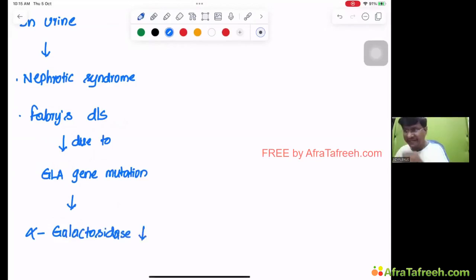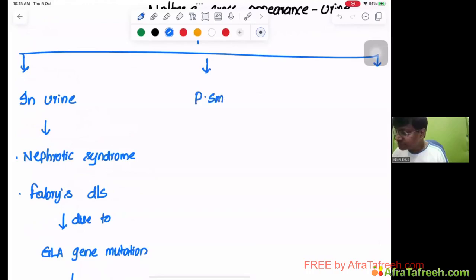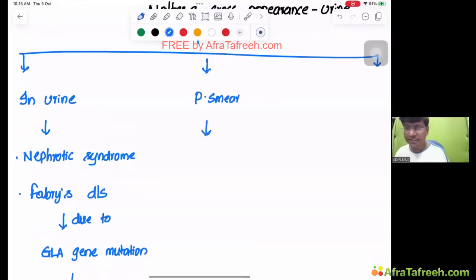Right? Alpha galactosidase deficiency. Okay. Next. Now, that is in the urine sample. What are the conditions where you have Maltese cross in the peripheral smear? The Maltese cross in the peripheral smear, you have that in